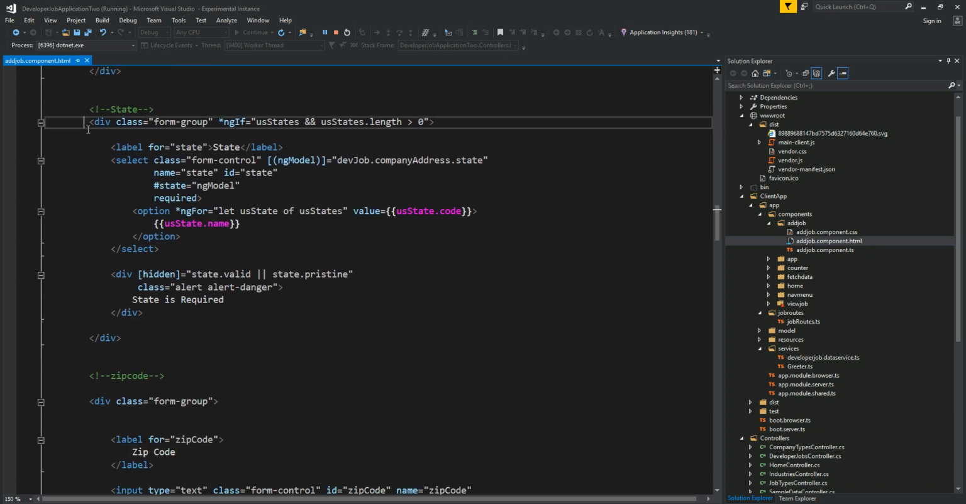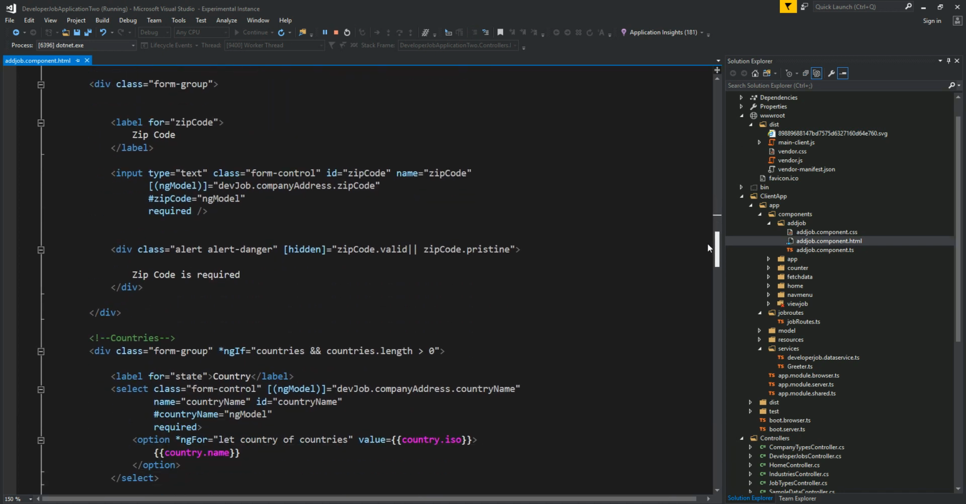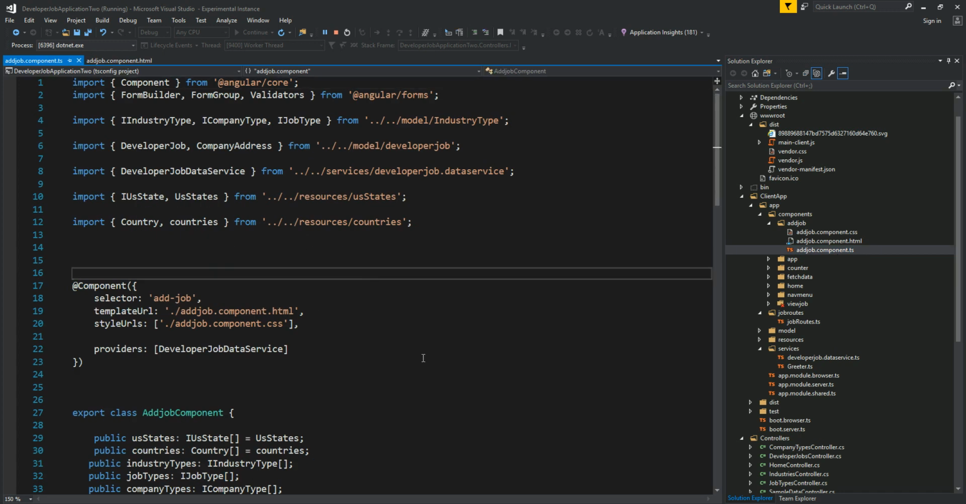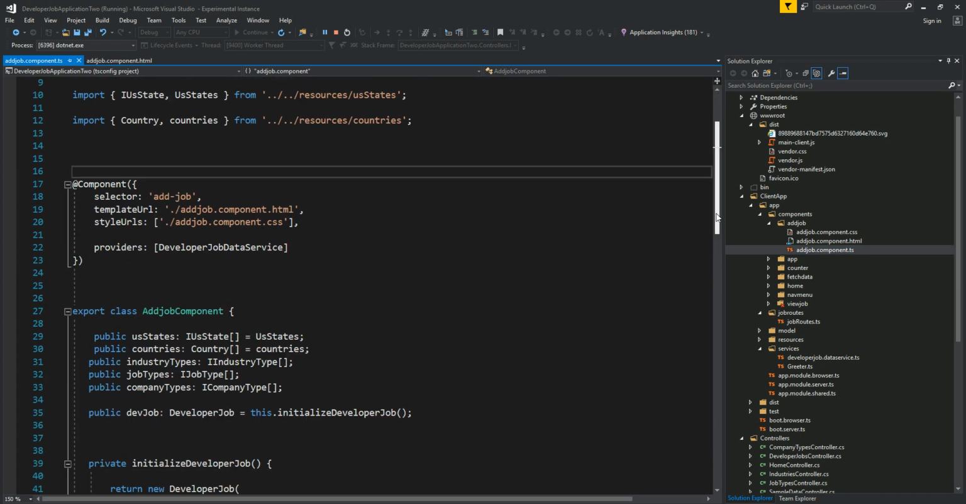Okay, this is the last control, the state, that we did last time. We bound that to data that we have in our resource folder. And this is the new one that I added, exactly the same pattern as the state. So basically, let me open my component class here. Just like the US state, I have a